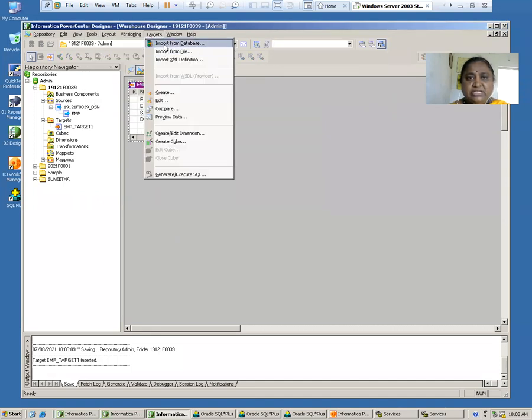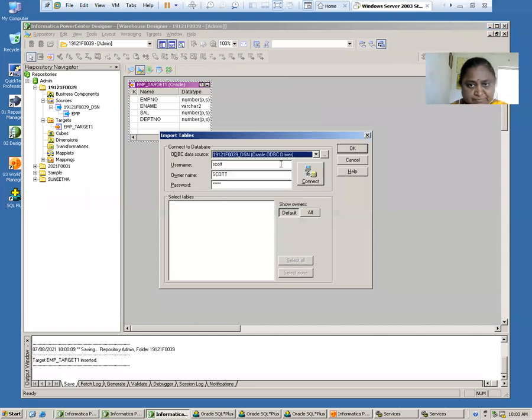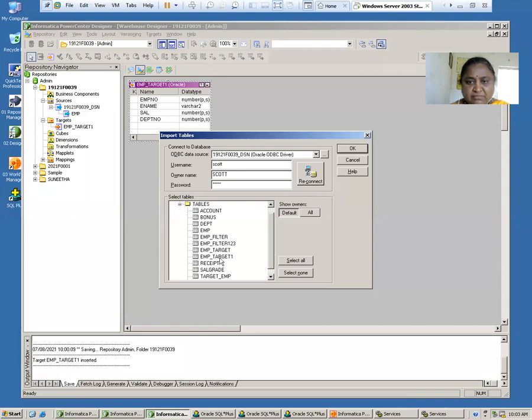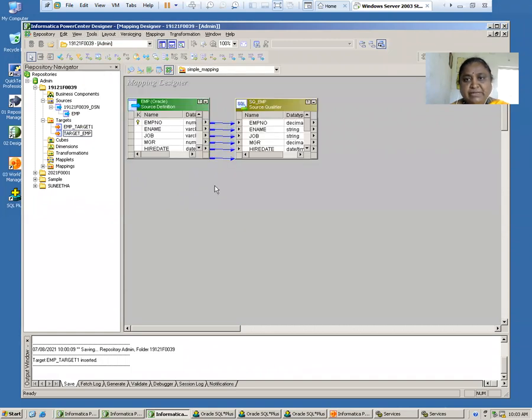So I have another table which has been created. Let's see. You can have the same table. Target underscore EMP is available. Tools, mapping designer. Instead of EMP, I have only 4 records there.